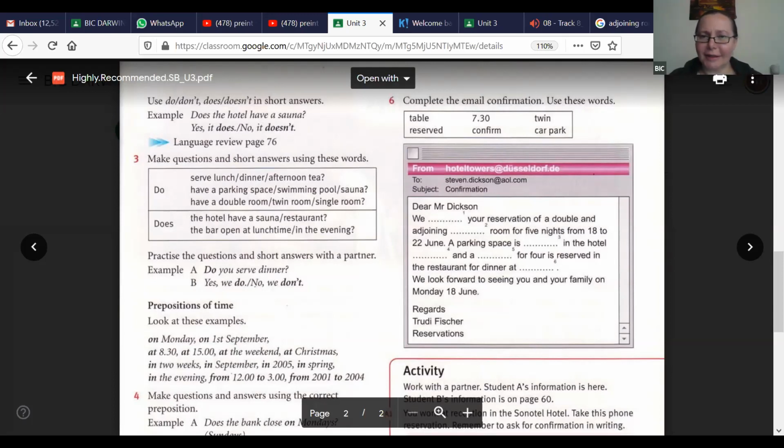It's a long sentence anyway. Dear Mr. Dixon, we confirm your reservation of a double and adjoining twin room for 5 nights from the 18th to 22nd of June.